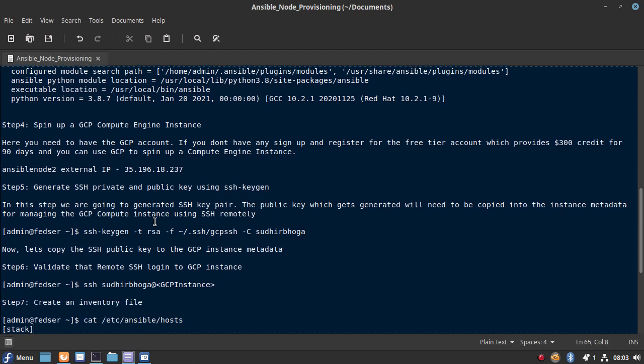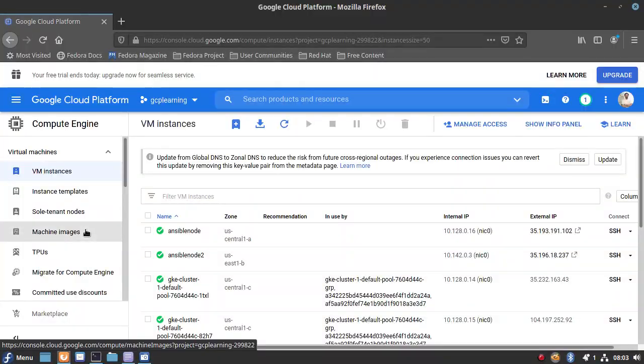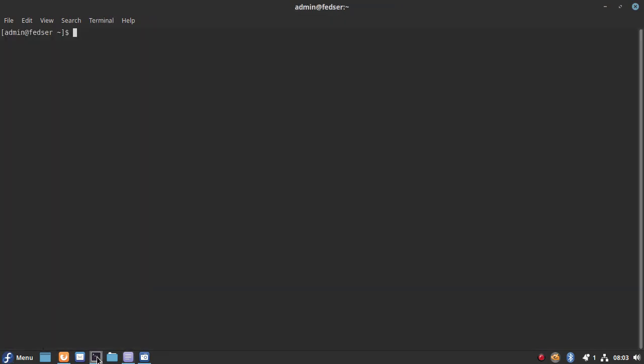So for that purpose, we need to run this ssh-keygen command. ssh-keygen is the tool that Linux provides for us to generate the public and private key. So basically what this tool does is it will generate an RSA public-private key with the name GCP SSH appended, and this is the user with which it will be generating. Okay, so let me run it and show you what exactly happens.